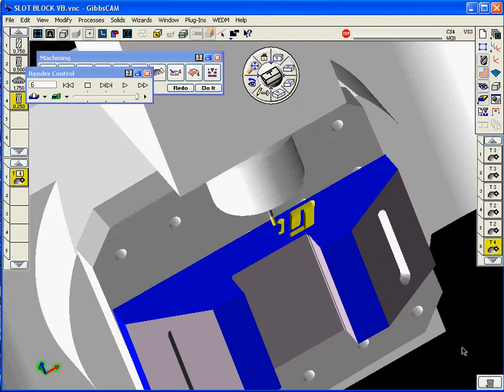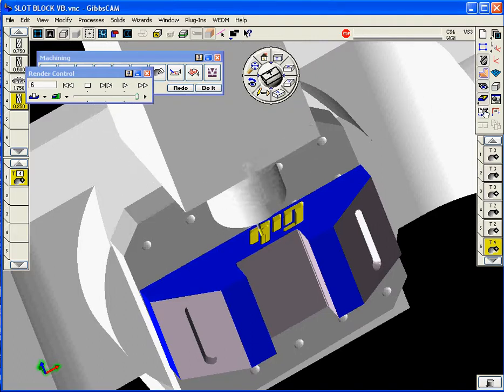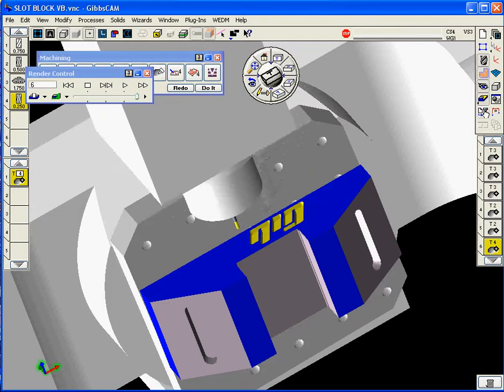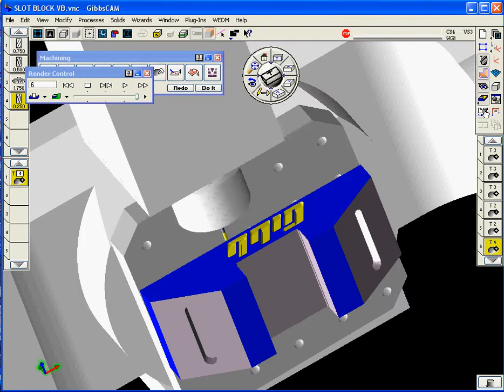So from the time that I opened this part as a solid model, a Parasolid model, till the time that I got it positioned to go up here to this button right here that will bring up the correct post processor for the Variaxis and generate the G-code, it took all of about 25 minutes. Even if you have an onboard standalone control at the machine tool and you started this job from scratch, I think it could be very competitive,